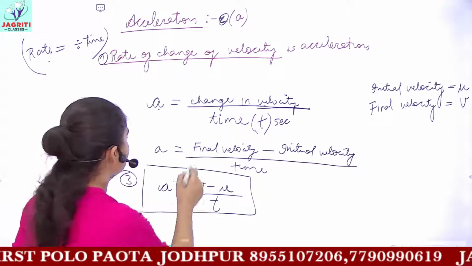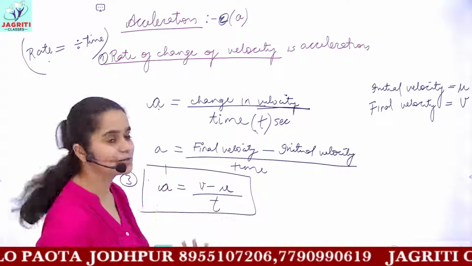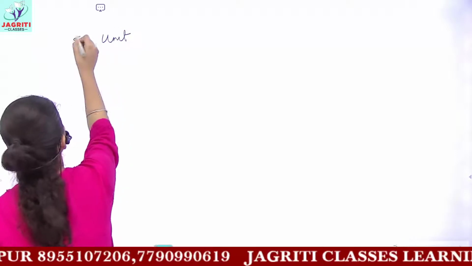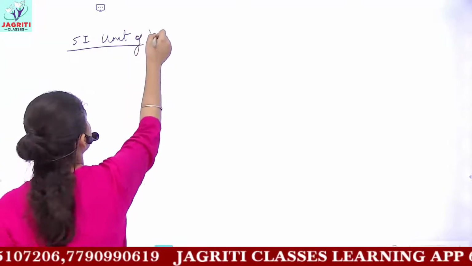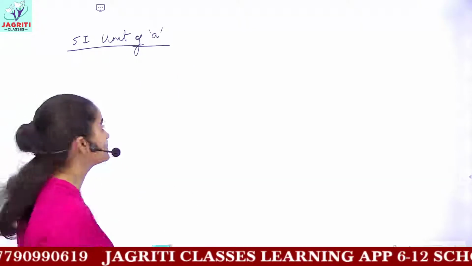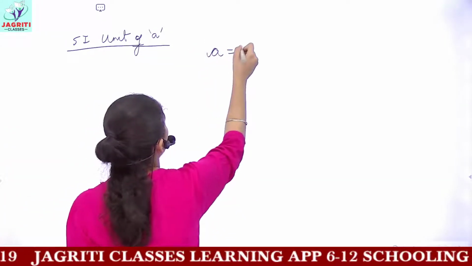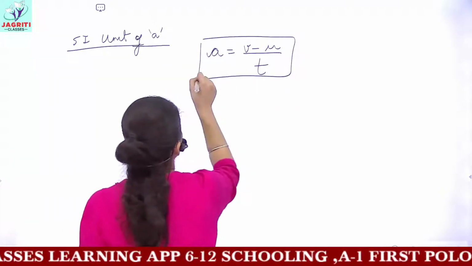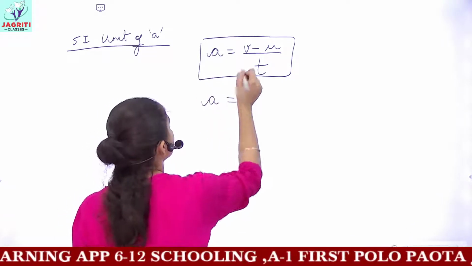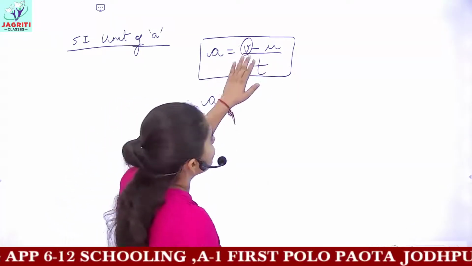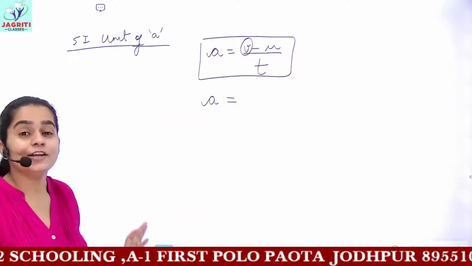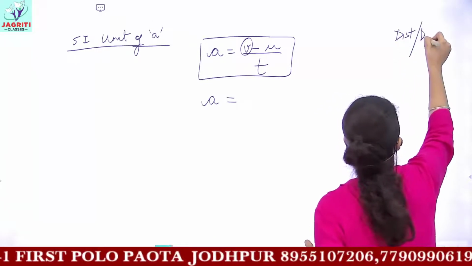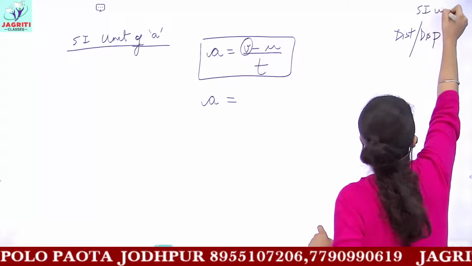Now you will get numericals based on these concepts. Let's also find the unit of acceleration, the SI unit of acceleration. How to find the unit? It is very easy. We find the unit from the formula. Acceleration is v minus u upon t. For finding the unit of acceleration, what is the unit of velocity? Velocity is in meter per second. Remember the units with me. Now we'll revise the unit for distance and displacement, we are talking about SI units.